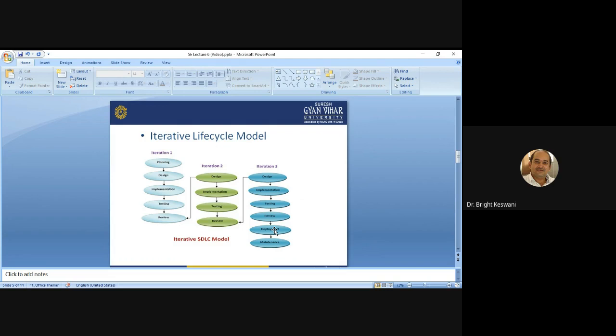Secondly, the second phase is a design phase, in which a software solution to meet the requirements is designed, and this may be a new design or an extension of the earlier design. So the design phase is another important phase. The third phase is the implementation and test phase, as illustrated in the figure, when the software is coded, integrated, and tested.